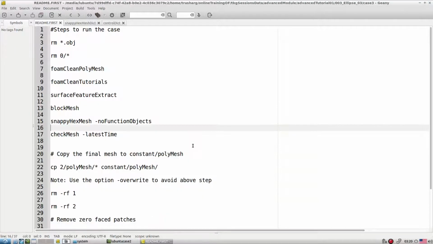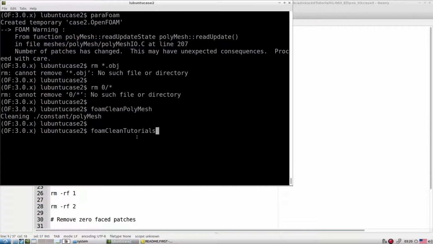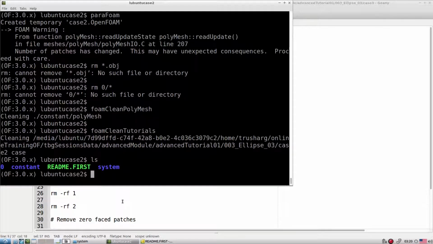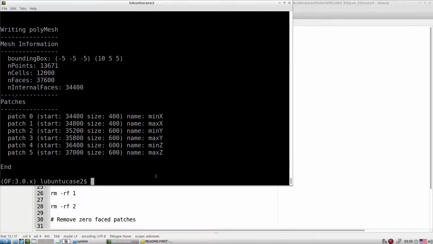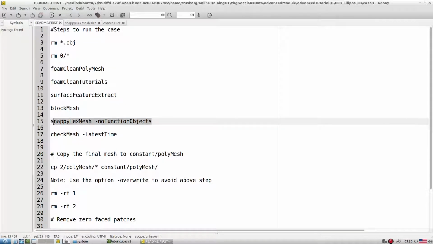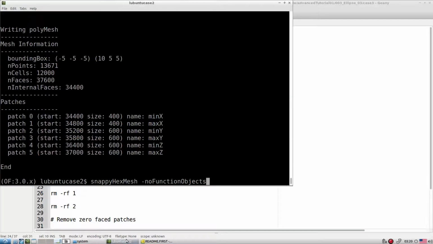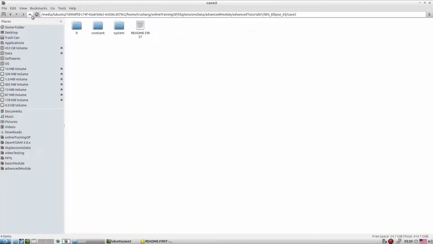So let's rerun this case again, but this time we try to directly keep the entire mesh inside the polyMesh folder. If you don't want to use the copy command, then you have to do certain things. Let me show you. Let's first extract the features, then blockMesh. And here with snappyHexMesh we add the overwrite option. When you write overwrite, immediately the mesh is converted here.